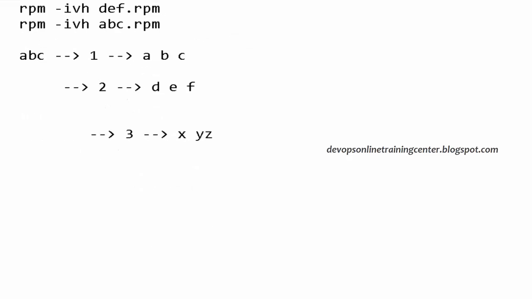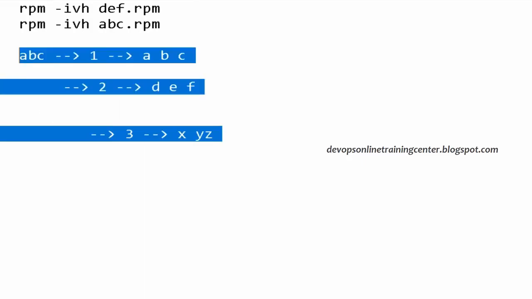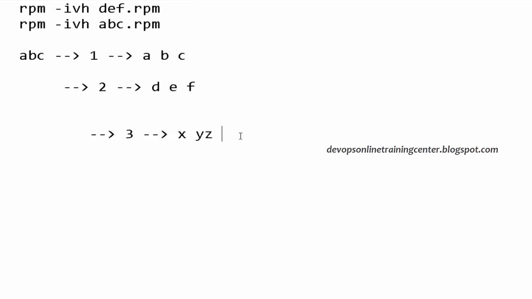XYZ. So first I need to install C, B, A, then 1, F, D, F, E, D, then 2, Y, Z, X. Like that, again A is dependent on several packages, B, C, like this. So I have to do this manually one by one. Let us say there are 100 packages to be installed. So it's a tedious job for a system administrator to install all these things by hand, right?